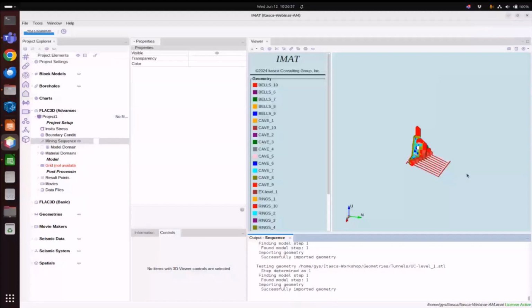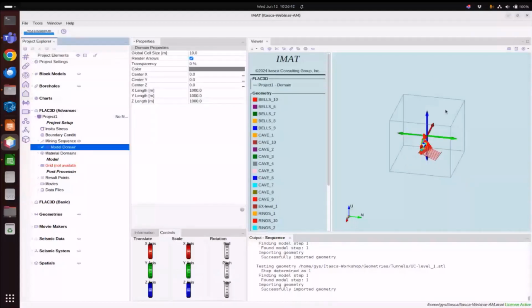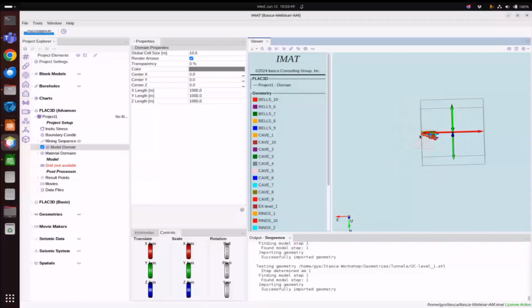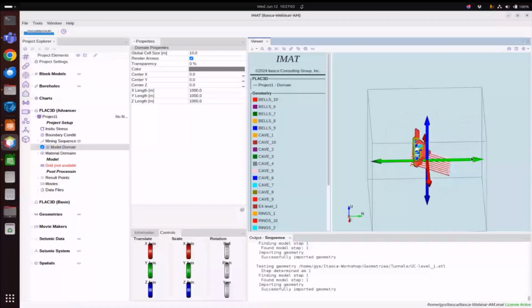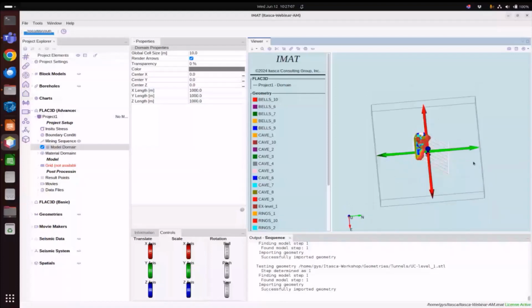So I'll turn on my model domain, and as you can see here, it's not covering my mining excavations. So I need to move it and potentially scale it. It's quite easy. You can click on any one of these coordinates to manually enter them, or just click on that and say, I want my domain centered around that point. So my box moved. Now, this domain is still relatively small. Typical rule of thumb is that the domain extent needs to be at least 5 to 8 times larger than the